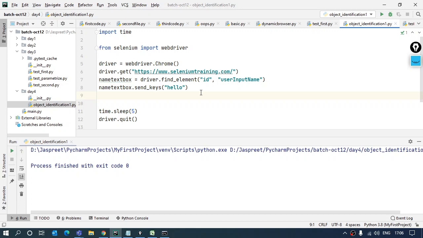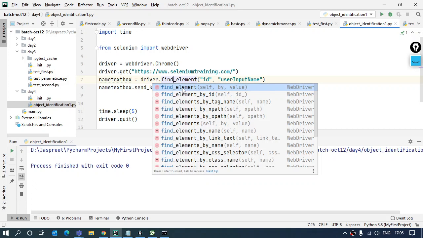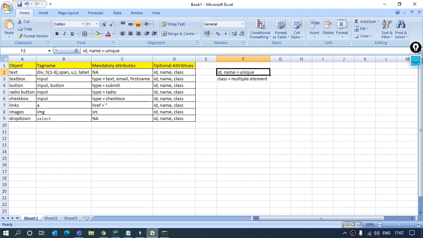Likewise, there are a number of other locators as well. If I show you over here, driver.find, you will see there are around 10 to 15 commands for this find element only. Find element by ID, by tag name. We have discussed the tag names. By that also I can use. But what's the issue with the tag name?